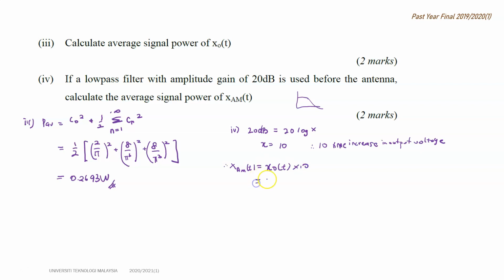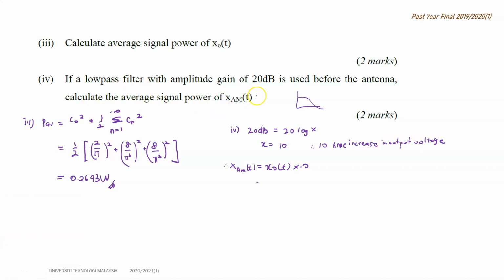So you can actually multiply x naught t by 10. I'm not going to write it again here. Let me go straight to the question, which is to calculate the average signal power of